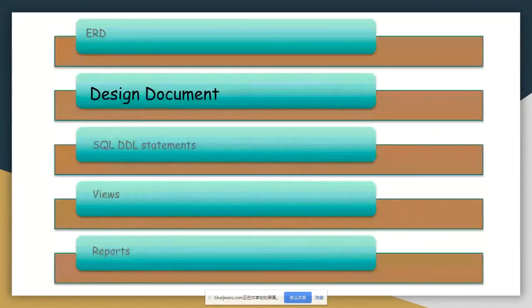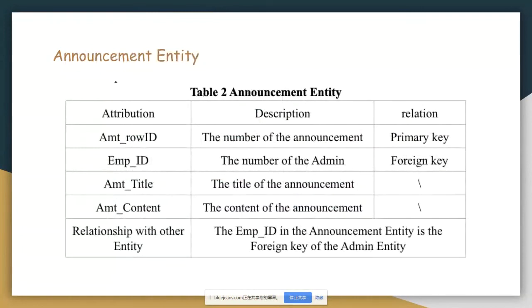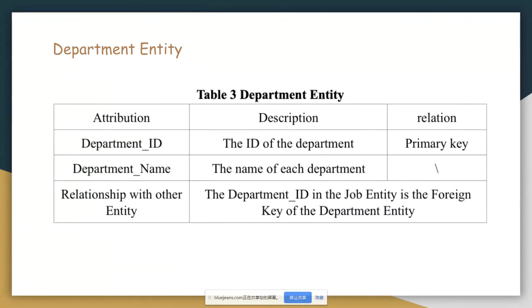Let me introduce our design document, and it's mainly about our entities. We have 15 entities, and there you can see their primary key, foreign key, and the columns of each entity and relationship with other entities. There are 15 tables. It's the announcement entity, and the EMP-ID in the announcement entity is the foreign key of the admin entity, and here is the department entity,